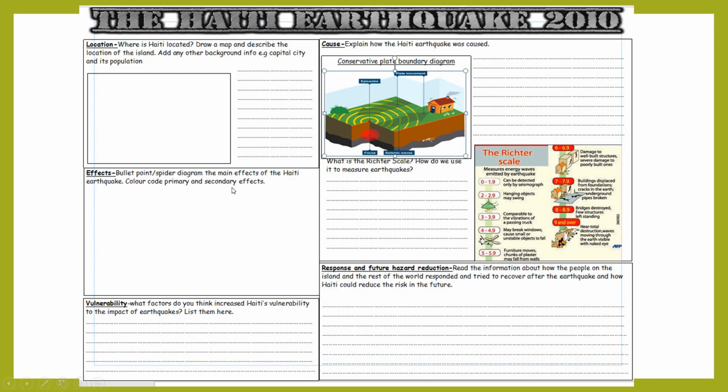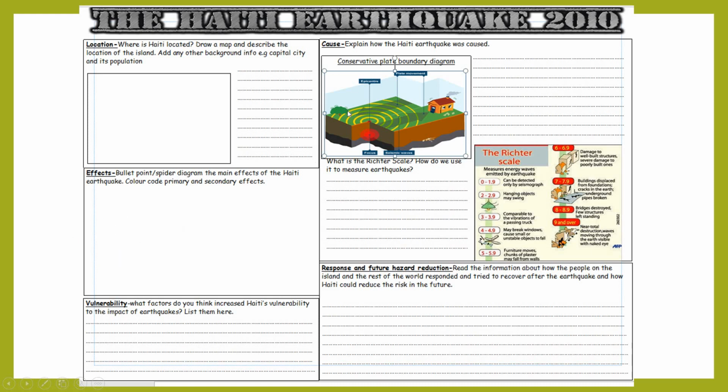Secondary effects are things that happen over the coming days and weeks. So due to lack of healthcare, due to lack of rescue equipment, that death toll may have risen. Help and aid can't get onto the island. That would be a secondary effect, because that's going to impact the recovery over the coming days and weeks. This one might be a little bit more tricky, so don't stress yourselves out too much with that one if you find you can't do it. The main aim with this box is to get an overview of the main impacts, the main effects of the